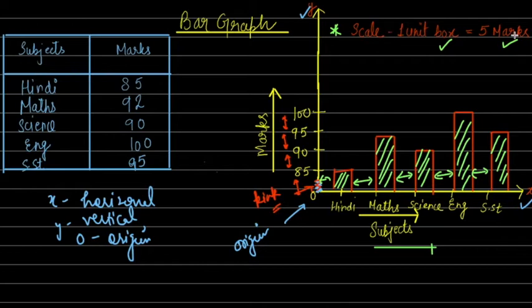Now there is one more thing about the bar graphs, that it can be represented. Now here the bars are your vertical bars, right? It can be your horizontal bar also, right? If I take subject on the y-axis and marks on x-axis, then you will get the bars as this, right? So that is also correct. So a bar graph can be represented vertically as well as horizontally. So this is your bar graph.